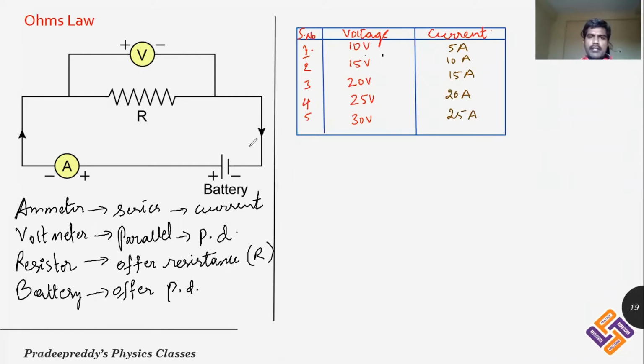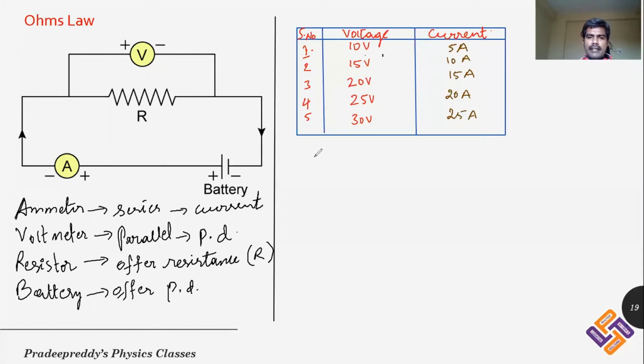We are not doing anything, you are just performing the experiment. And from that experiment, you are increasing the voltage. Corresponding to the increase in the voltage, what has happened to the current? That's what you are measuring. So as the voltage supplied is increased, the current passing through the circuit also goes on increasing. So corresponding to this voltage, the current in the circuit has increased.